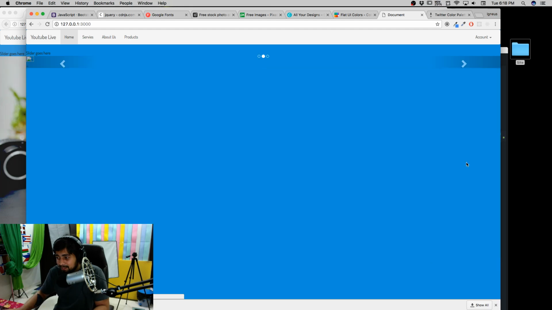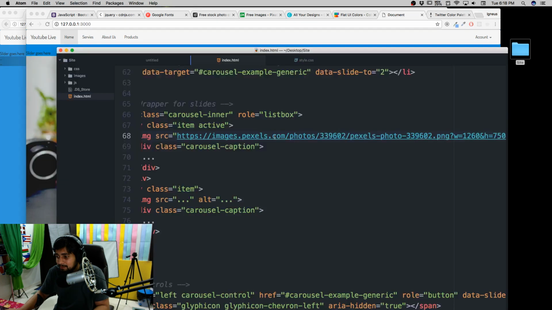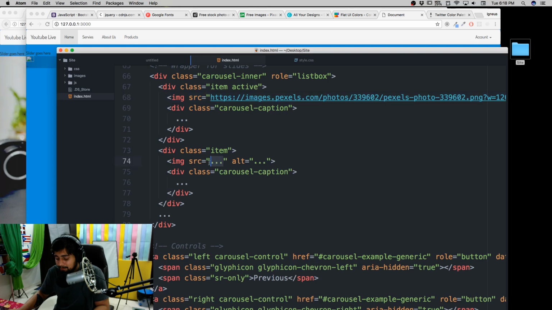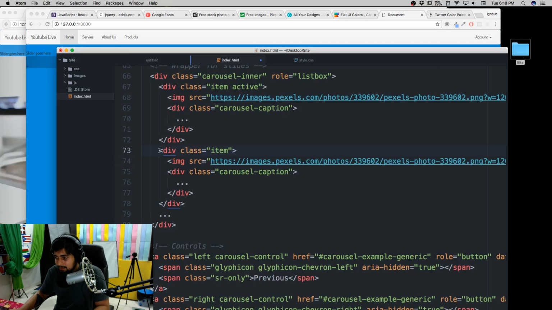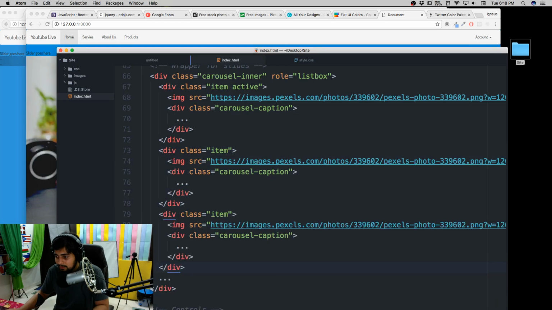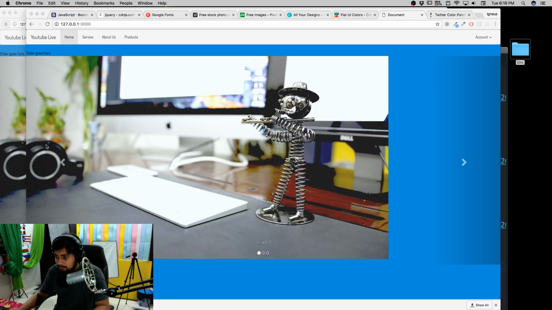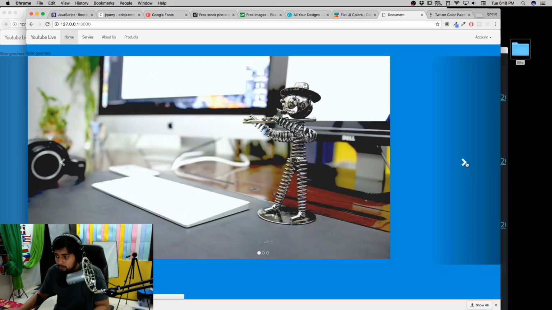Okay, and now again, I'll just copy and paste this 3 times in the source in here as well. So I'll paste this again, and I'll copy this division, copy that, and paste that again, so that we do have 3 carousels there. Okay, not the best sliders in the world, but notice how quickly we got through that.